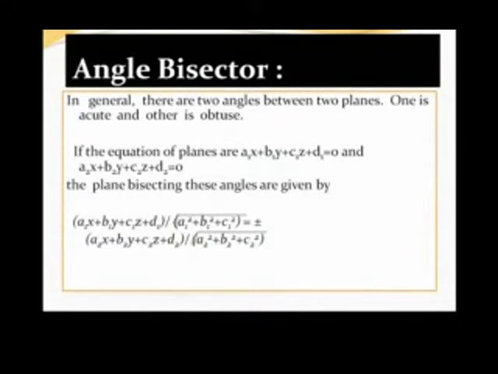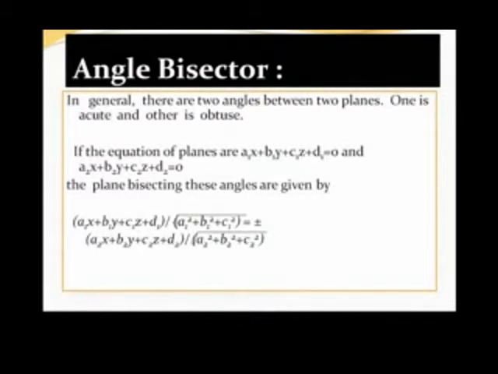Once again, if we have got two planes, then there are two angles between these two planes. One is the acute angle and the other is obtuse angle. Now if we say that the equation of planes are a1x + b1y + c1z + d1 = 0 and a2x + b2y + c2z + d2 = 0, then the equation of the plane bisecting these angles